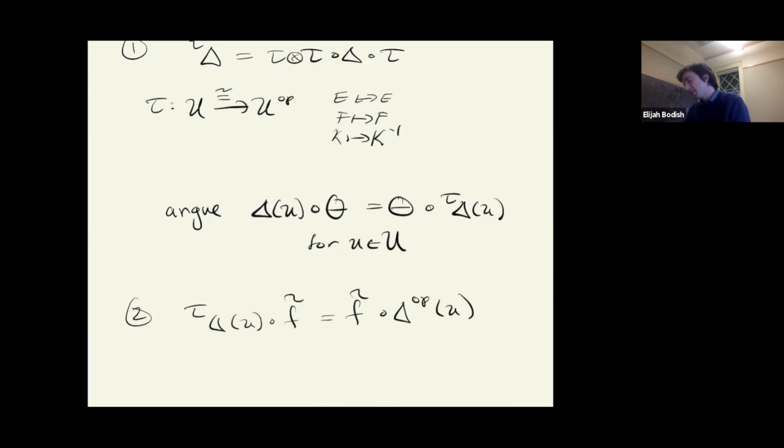So the theta that we have takes delta to delta twisted by tau, and then in order to actually get to delta op, that's exactly where this F tilde comes in. And so once we have that, we're good. And then the last thing is to, the final step will be that we note